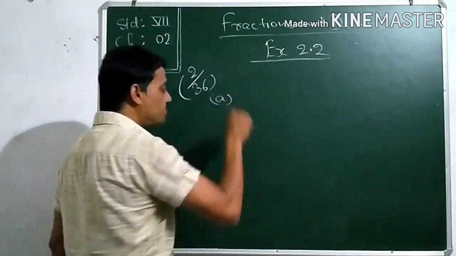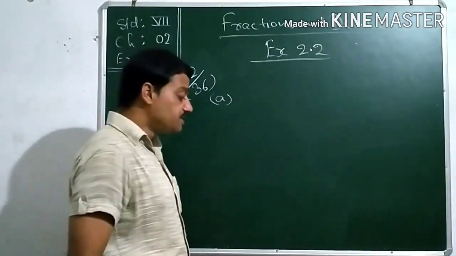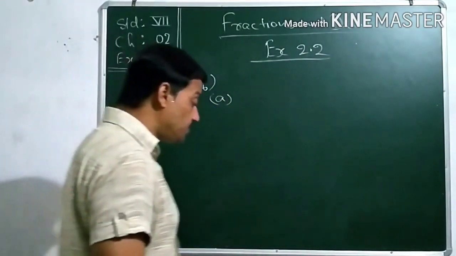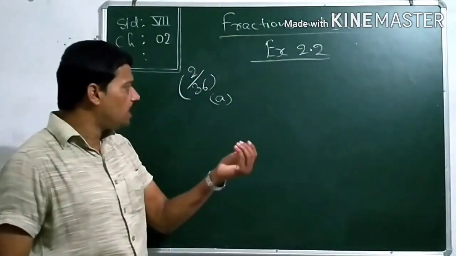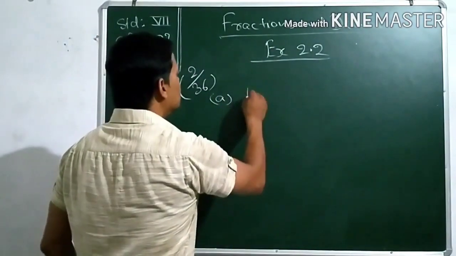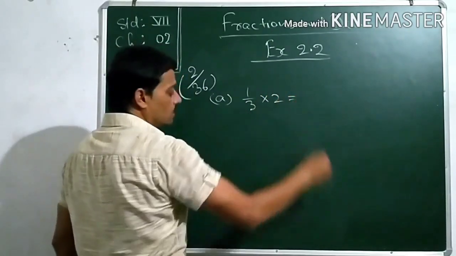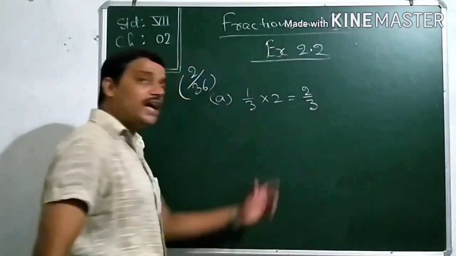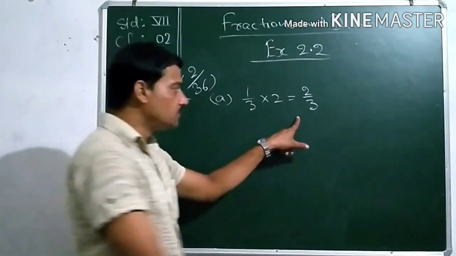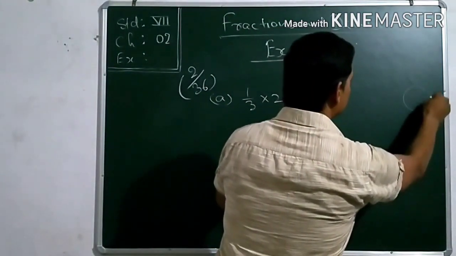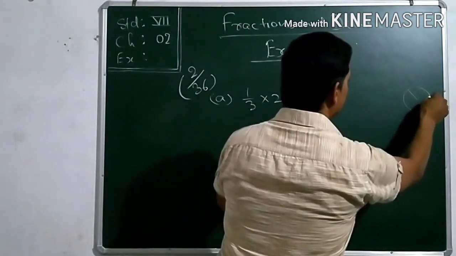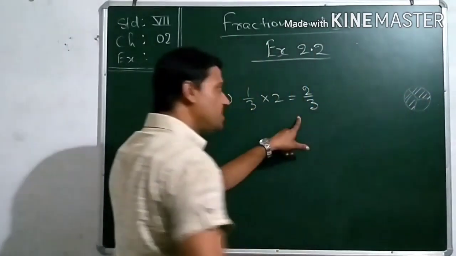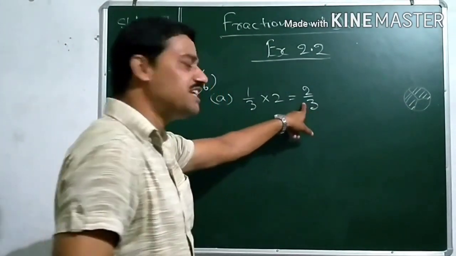What does the A represent? In the A number figure, it is 1 by 3, and that the figure number of 1 knows 1 by 3 is multiplied by 2, and the result is, the figure shows that the result is 2 by 3. If you look at the circle there in your book, it looks like two parts are shaded. So 2 by 3 it will be written as